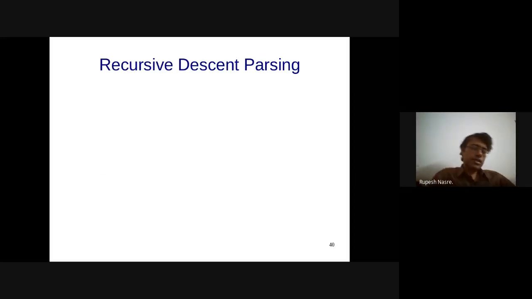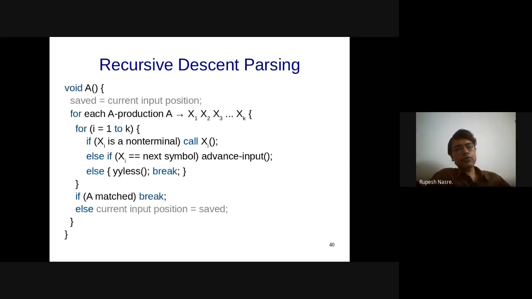Okay, so let's understand the algorithm for recursive descent parsing. So what we are going to do is that I am talking about a particular non-terminal. This function name A is a non-terminal. So whenever that non-terminal needs to be checked, for example, in our expression grammar, this is going to be E or a starting symbol S. So that is going to start creating the syntax tree or parse tree corresponding to that particular non-terminal. Right? And we are going to call it recursively somewhere here, and therefore the name recursive descent.